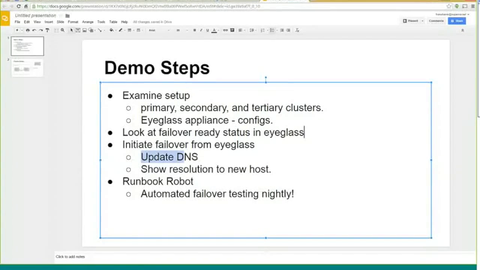We may not have to do this, or it may not be that informative, but sometimes it's pretty fun to just see it go end to end and resolve the host. And then finally, I'll show you a bit about the Runbook Robot. This is automated failover testing that happens on a schedule. Nightly, I say, but it can be any type of schedule. You can set it as you want, and you can also run it on demand to test your failover,